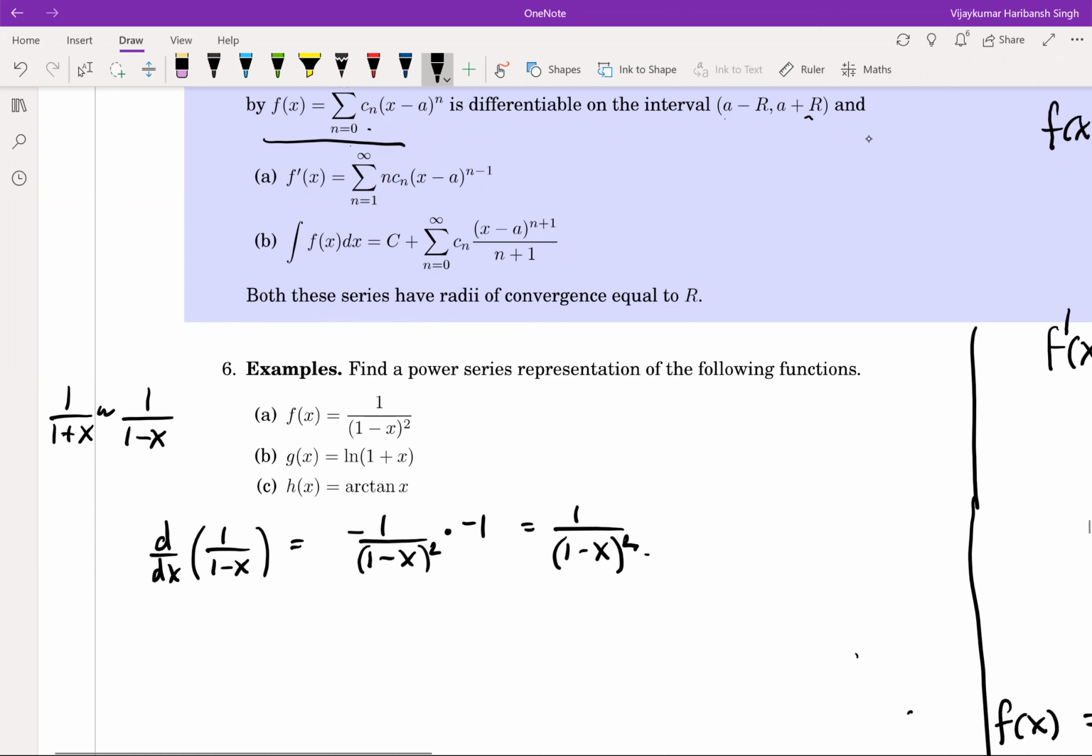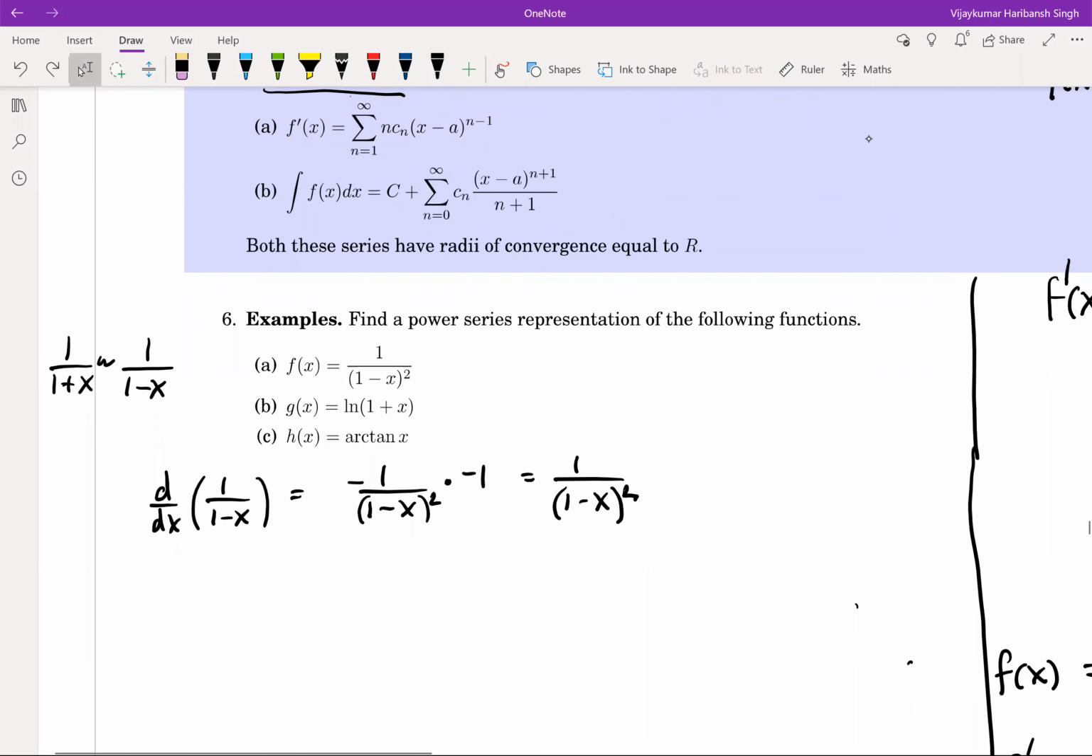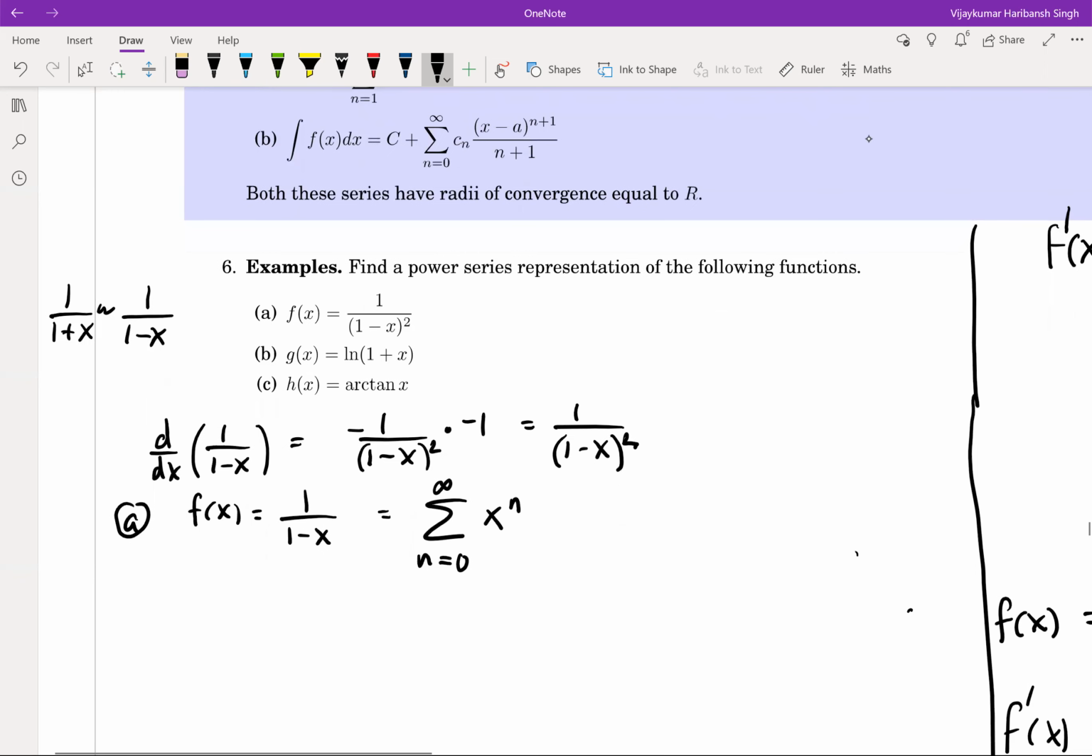Now you can see we already know the power series for this function, and we'll use that to get the power series for the derivative. So let me do problem A. f of x equals 1 upon 1 minus x, whose power series representation is the summation n equals 0 to infinity of x to the power n. This is valid when the absolute value of x is less than 1. Therefore, differentiating on both sides